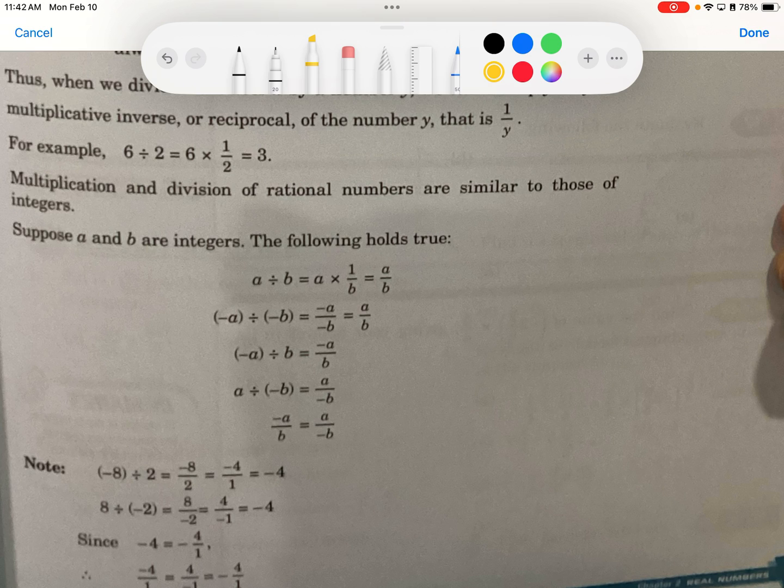All right, so anyway, -a divided by -b equals -a over -b, which equals a over b. -a divided by b equals -a over b. So notice we keep that negative. A divided by -b is a over -b. So -a over b equals a over -b. Do we see this? It's just the negative sign applies to the whole integer. Note,